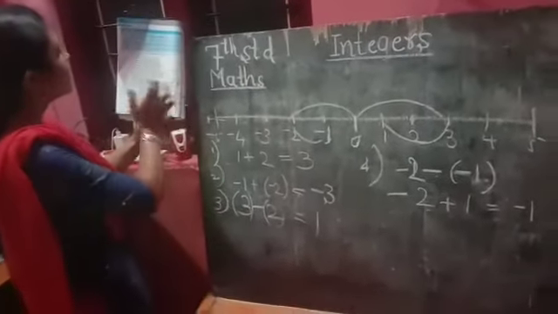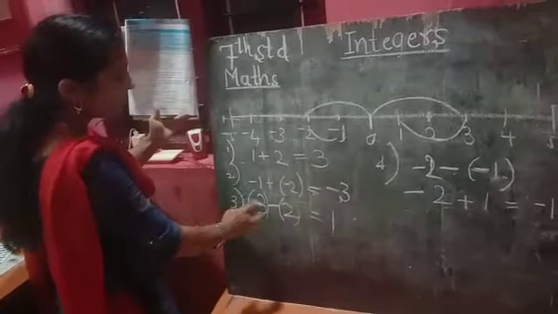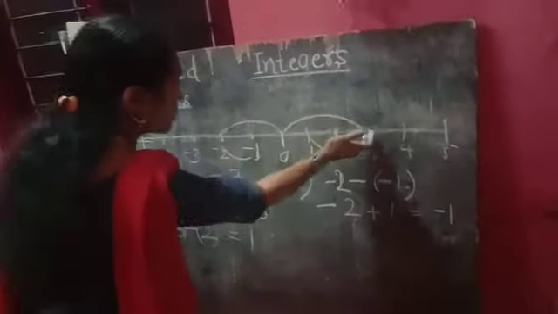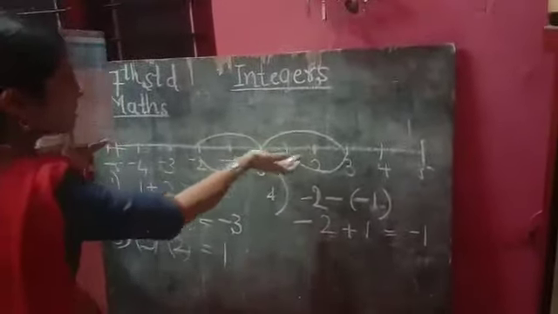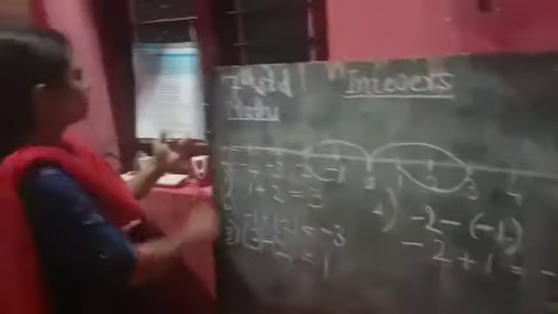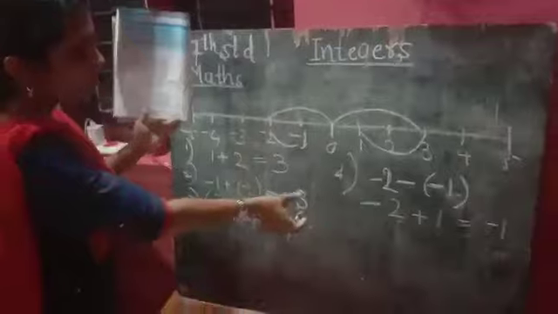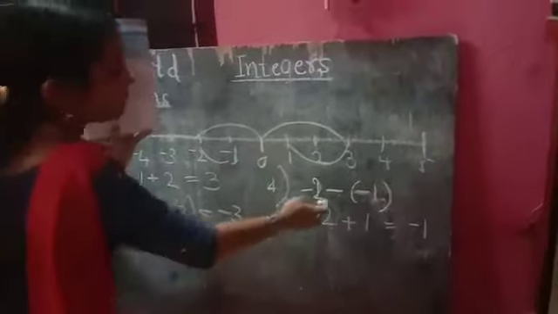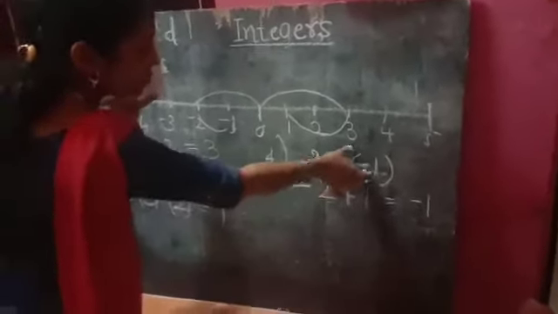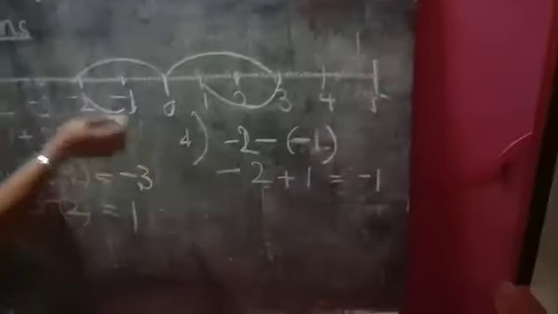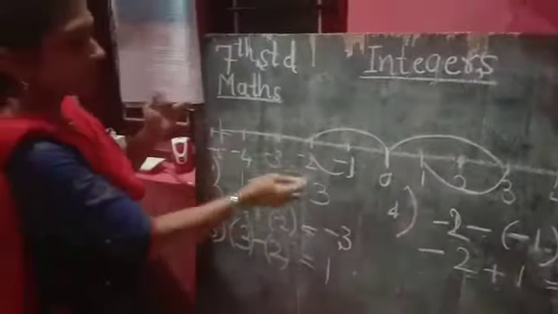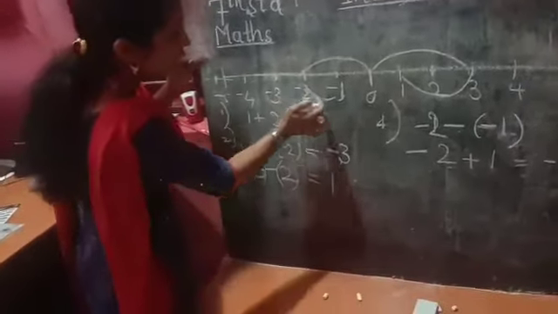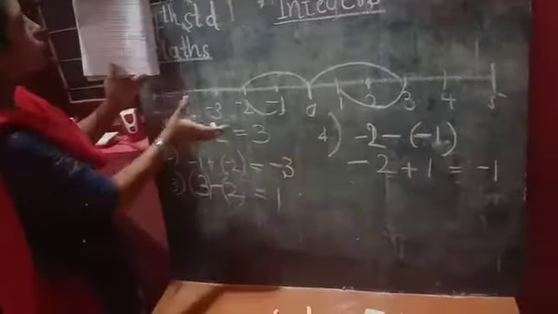Next, third statement. Subtract positive integers. Here 3 and 2 both are positive integers, and we are doing subtraction. Doing the subtraction, once again we are moving to the back side, that is the left side of the number line. Subtract a negative integer. So here minus 2 and minus 1 both are negative integers, and we are subtracting negative integers. So we are getting the answer minus 1. So we are moving to the right. Here see minus 2 and minus 1, minus 1 once again. So answer is minus 1. We are moving to the right.